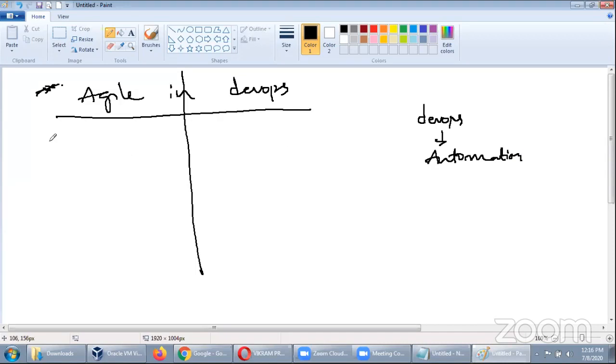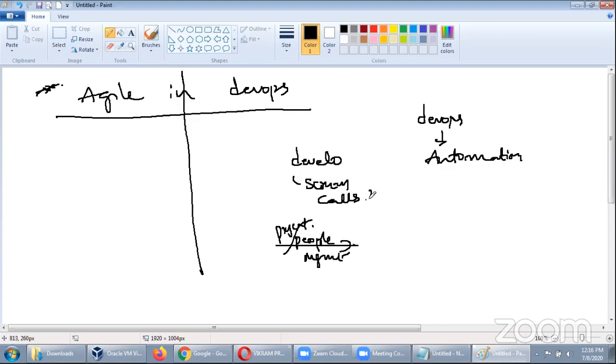And whatever process you follow in development, like we have Scrum calls. How many of you know the Scrum calls, guys? That means I'm talking about people management, project management and people management. Confirm, guys, how many of you know the meaning of Scrum calls?